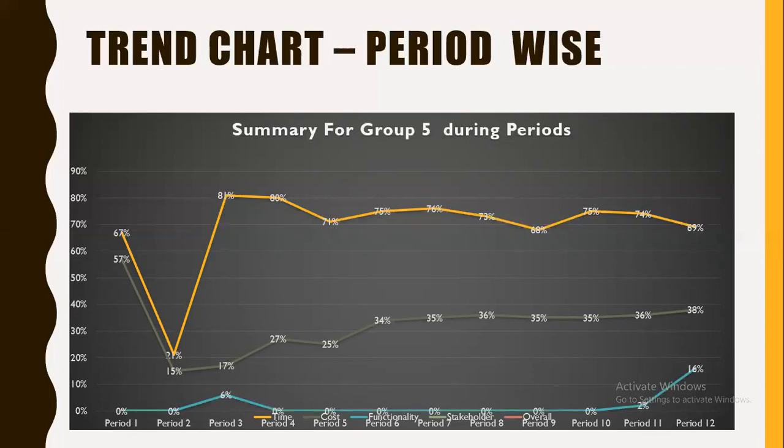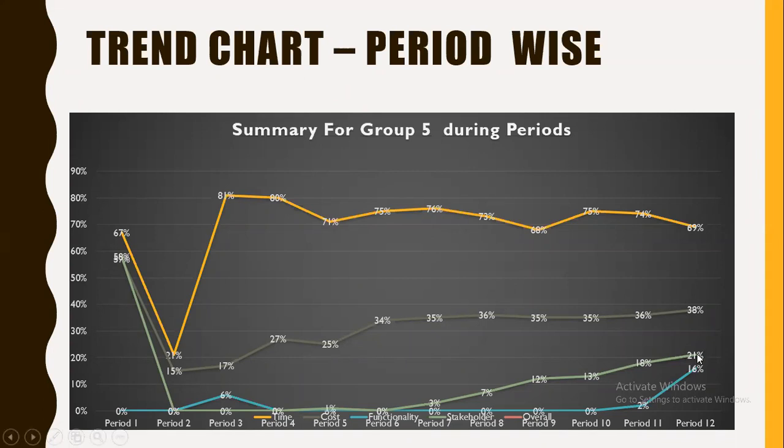Next one is functionality. We were not able to get the expected percentage in the case of functionality. We were using good resources, we were also providing training to the required resources, and we were also taking managerial actions to make the functionality better. But at the end, we got 16% in functionality in period 12, and otherwise it was not good during the entire project. Last one is stakeholder functionality. The stakeholder functionality is good in the first period, but then performance goes down, and then it dramatically increases from period 6 to period 12.